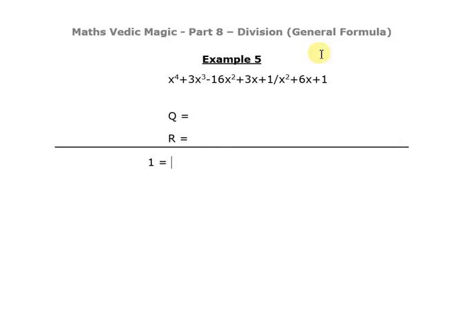So our first term would be x square. The next power of the dividend is 3, so 3 is equal to what? The second term of the divisor, 6, multiplied by x square, so that's 6,